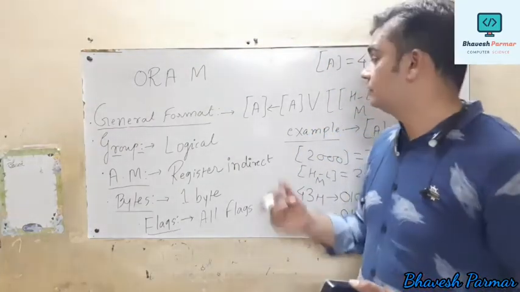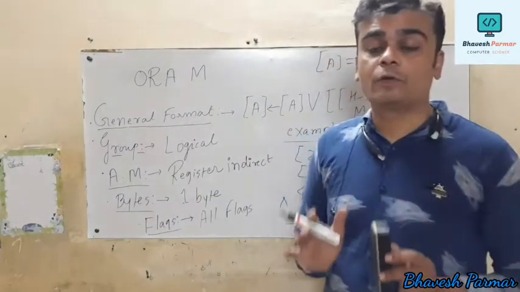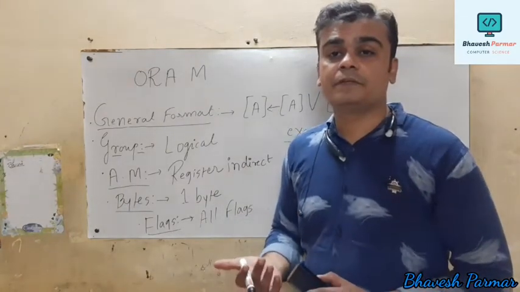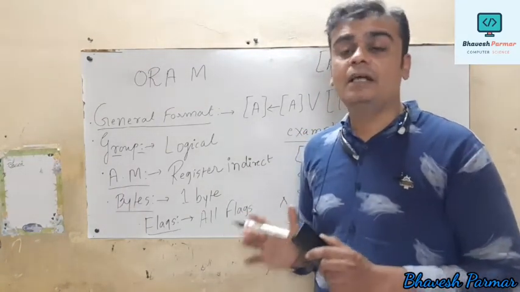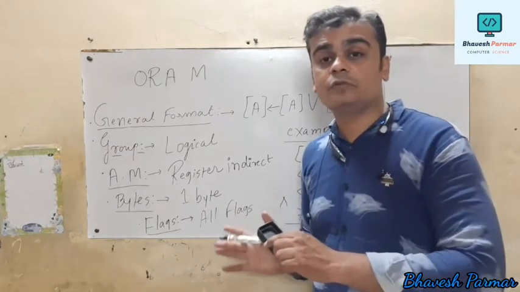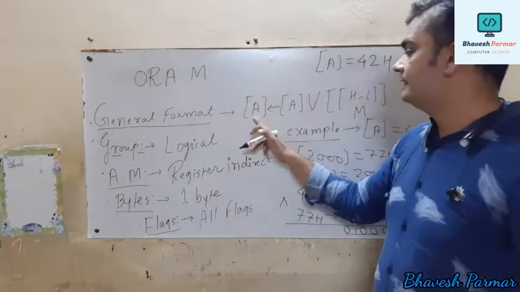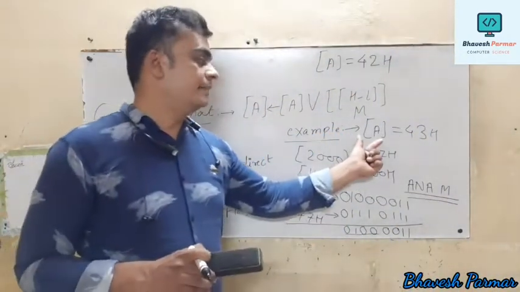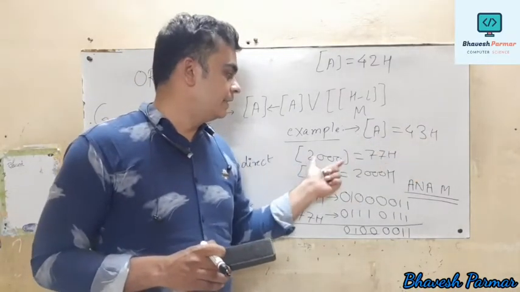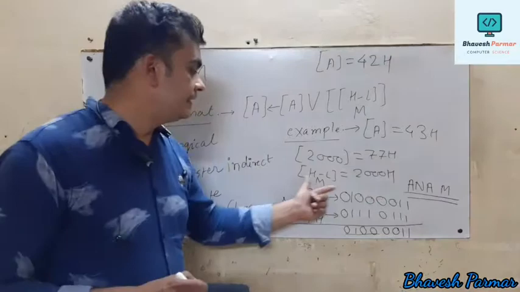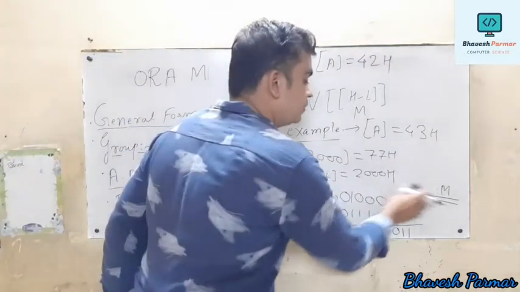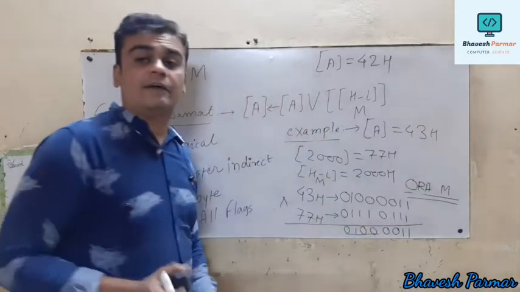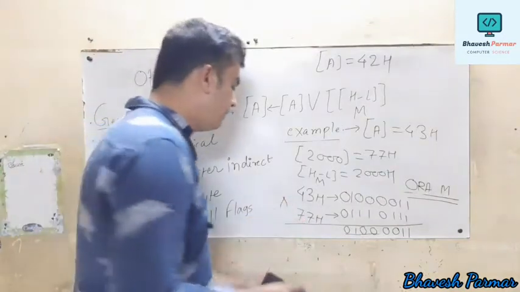So how do we write the explanation for this? When this instruction is executed by the microprocessor, the content of the accumulator performs a logical OR operation with memory, that we call register pair HL, and after performing the calculation, the answer will be stored in the accumulator itself, that is in content of A. Afterwards we focus on the example. Let me take the same example. Content of A is equal to 43H, content of 2000 is equal to 77H, HL is nothing but 2000H. Now I am going to change the instruction. Here I write ORA M, meaning I have to perform a logical OR operation on memory.